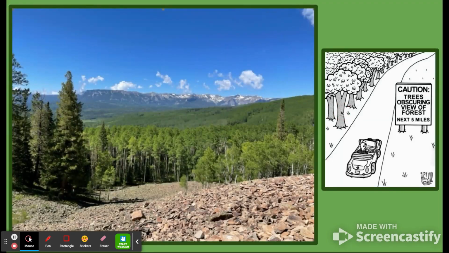And then lastly, the text mentions this, but I wanted to show you kind of a real live picture of, sometimes it's really hard to see the forest through all the trees, right? And see kind of those beautiful views that we often sometimes miss because things are obscuring our view.